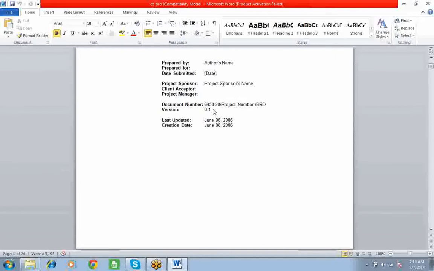You see this version name. When I say iPhone 6, you have to assume that already there was something like 5 and 4 and 3, correct? Otherwise, why would they put 6 here? Something was there earlier, correct? So like this, you have to understand. Okay, that's fine. Last updated, June 6, 2006, same as the creation date. So they created it, they didn't update it. I mean, the project went up to that extent and they stopped it. No further extensions happened, no further additions, no further subtractions, no further modifications. Nothing happened. That's it.